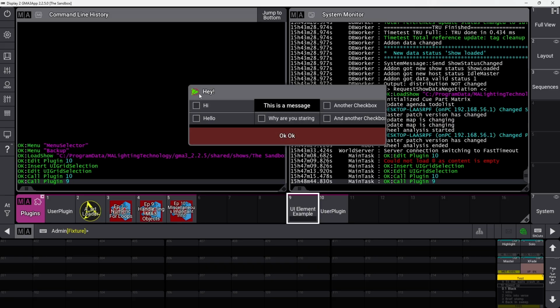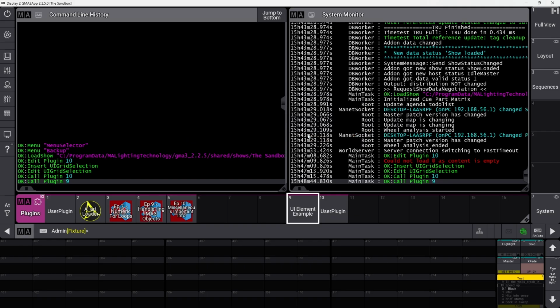What in the world is going on here? There is no way to do all this with message box. Actually, you can change the icon, but you can't arrange the checkboxes like this. So that's pretty cool. Now, before you get all excited and want to make custom UI elements for everything, keep in mind that you basically have to write out in code all of the details on how every piece of the UI element is designed.